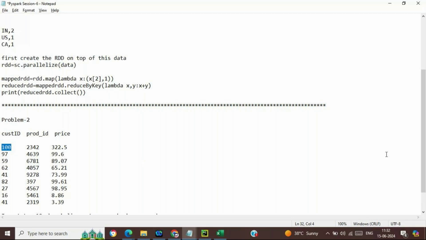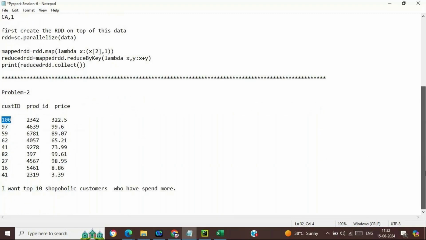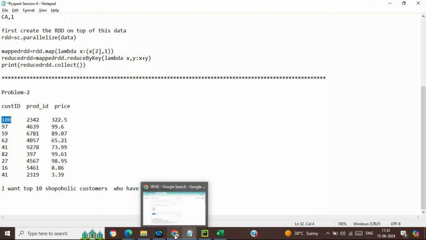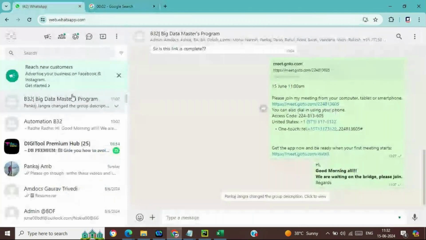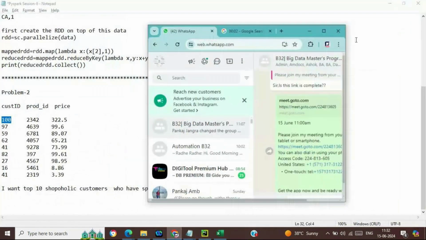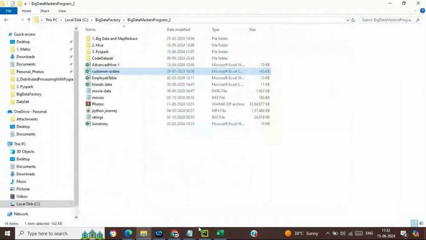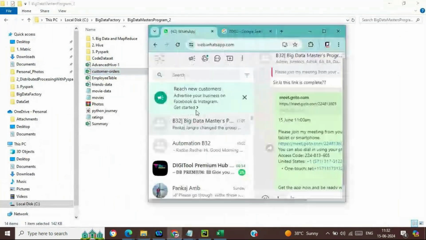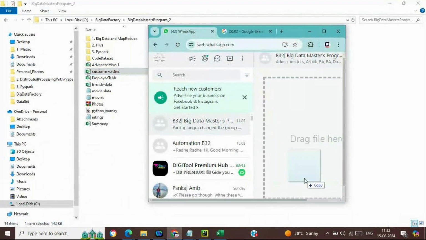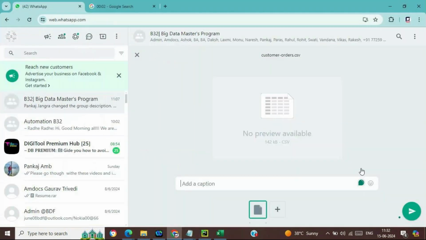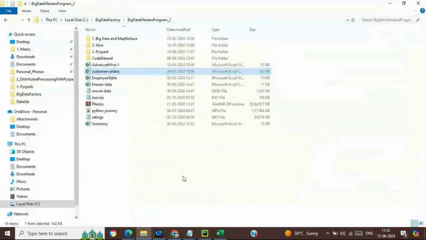So you just need to provide me the top shopaholic customers. Let me share this particular data set inside the WhatsApp group. So this is the data set. I have shared the data set with you all.